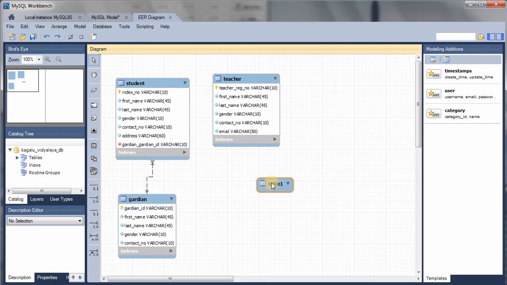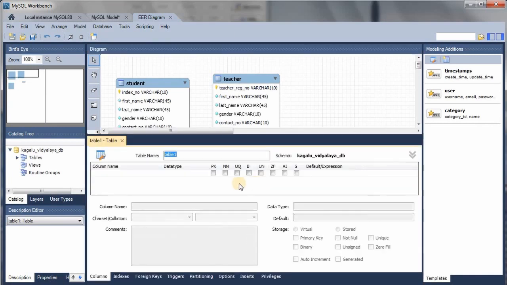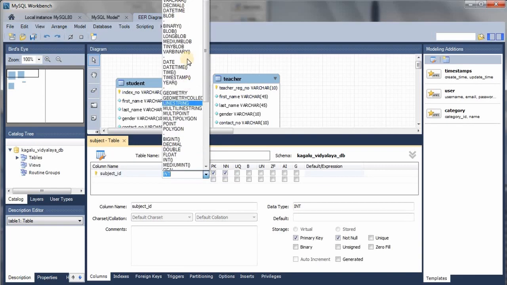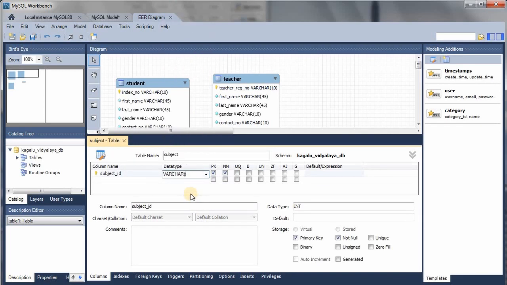I'm going to create a new table and right click on the table. Here's the edit window. I'm going to rename the table to subject. Okay, here's the subject ID attribute. I'm going to change the data type to varchar and set the length to 10.